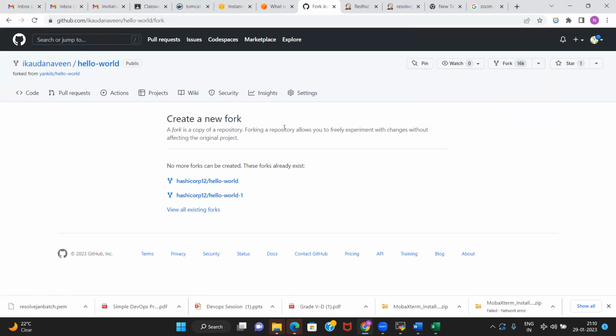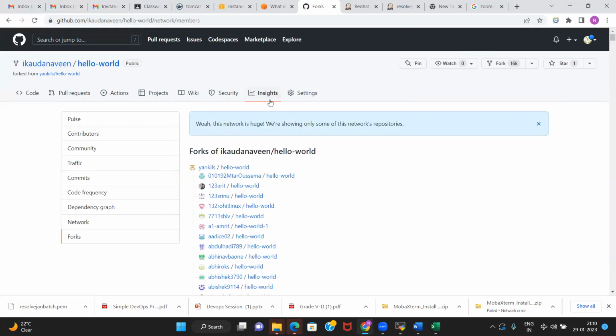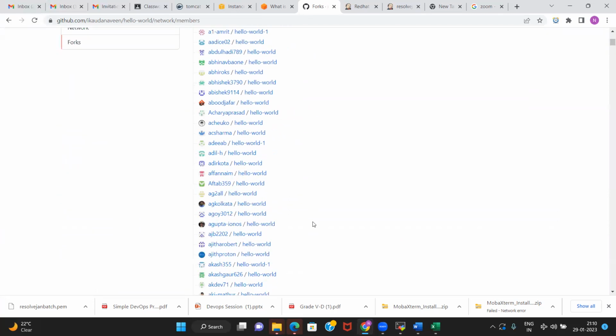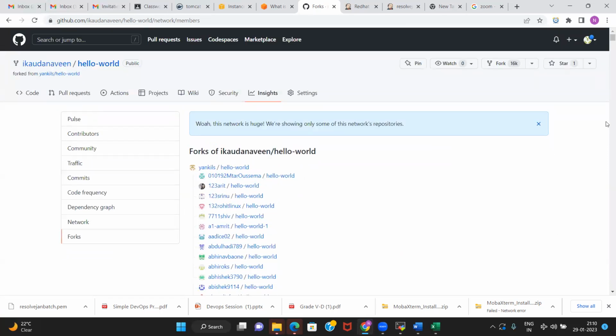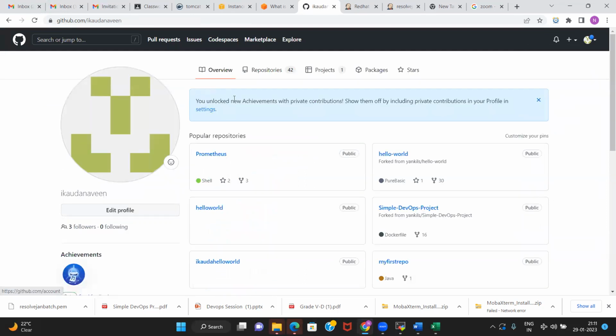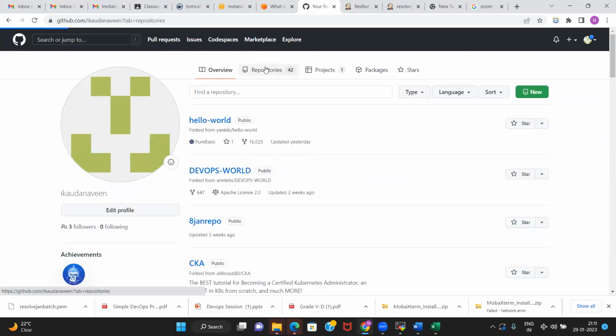So in your repository, it will go to your repository, right? I already have done the fork as part of different sessions. Now you go to your fork repository. In your profile, you will be able to find it in the repositories, somewhere like this.